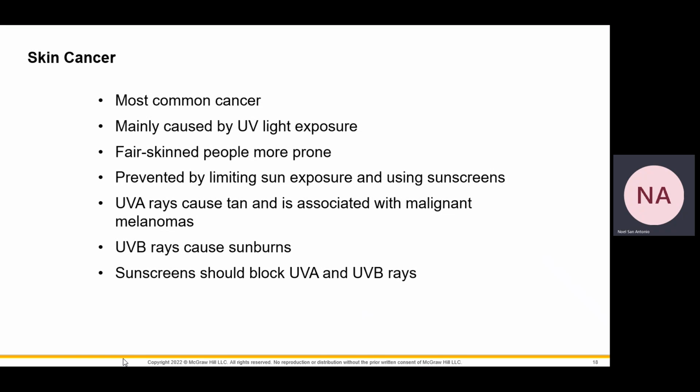Especially among fair-skinned people. It is the fair-skinned people that are more prone to developing skin cancer because they have less amount of melanin in their skin. Yes, it is melanin that provides protection against UV light. So therefore, dark-skinned people have more protection against UV light. So, among fair-skinned people, it is prevented by limiting exposure to the sun